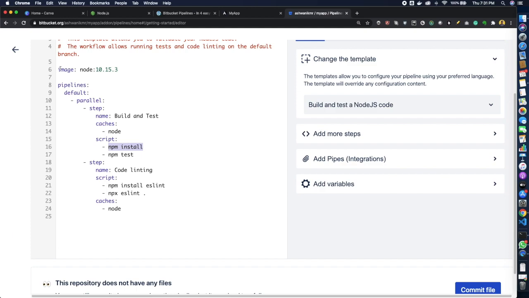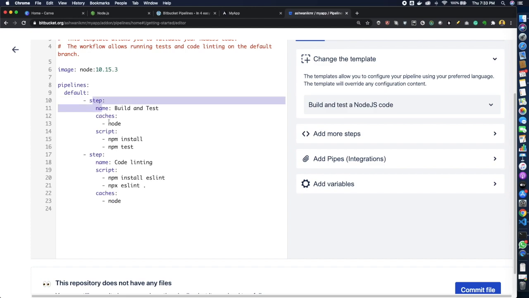You can change the image at each step by providing the image tag over here. But for now, we would be using node only. Then you need to type pipeline tag, and over there you will specify which type of pipeline you are creating. So this one is the default one which runs with every commit. And you can add parallel tag to run two steps simultaneously. But for now, we don't need this, so I will simply remove this.